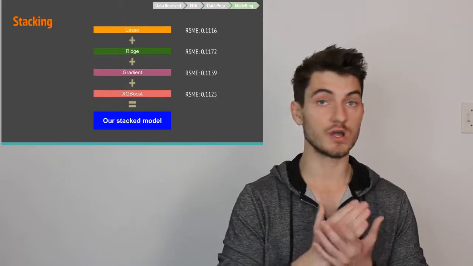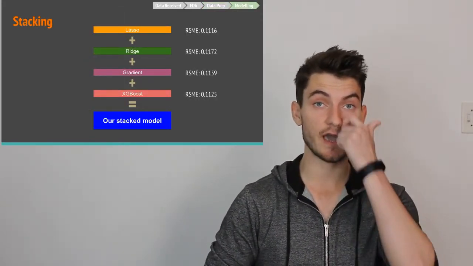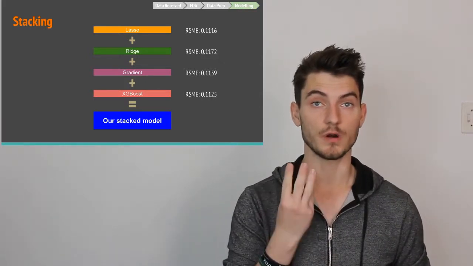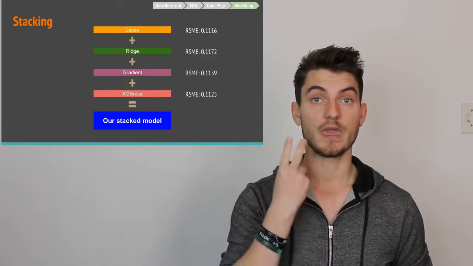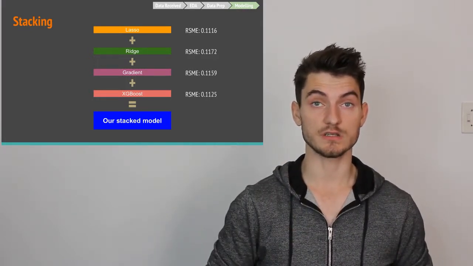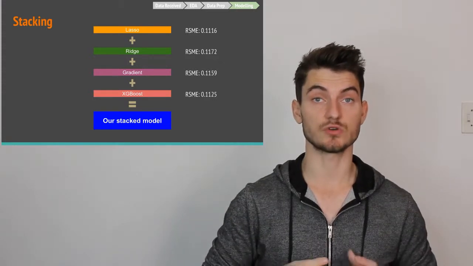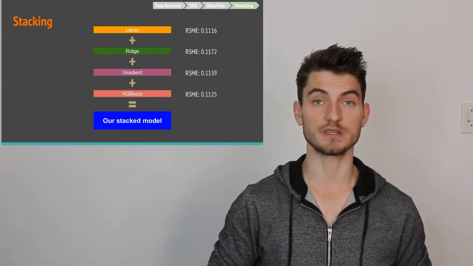phase. We tried multiple different models, and after our 72 submissions to Kaggle, we ended up settling on 4 models: lasso regression, ridge regression, XGBoost, and another boosting model. These 4 models, in conjunction, provided us with the best Kaggle score we had gotten so far. We first just simply took the average of these 4 predictions,